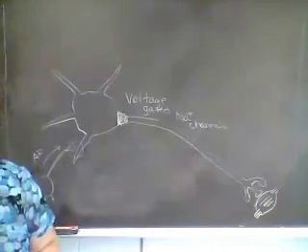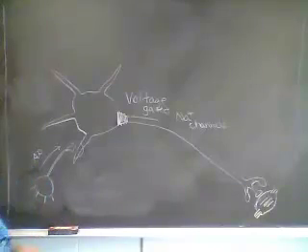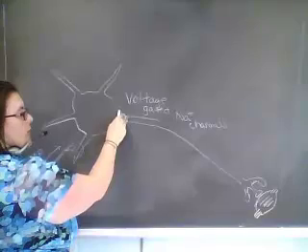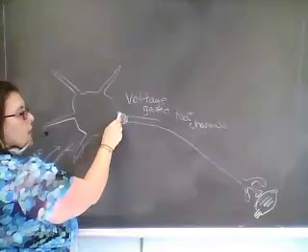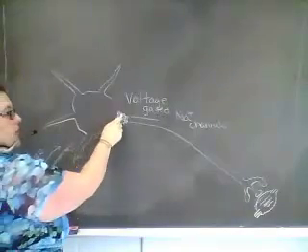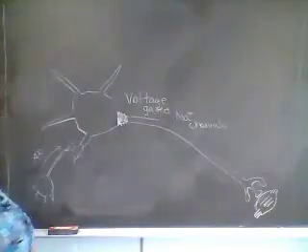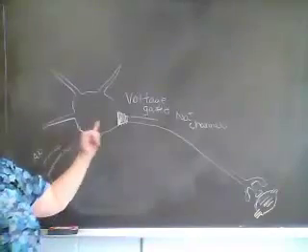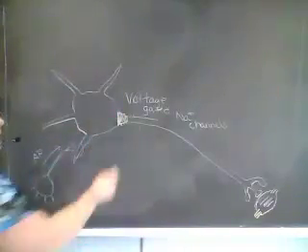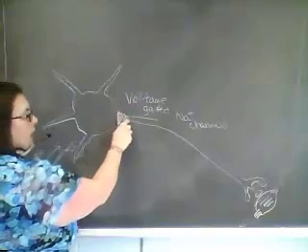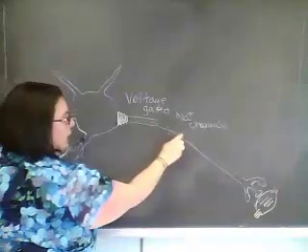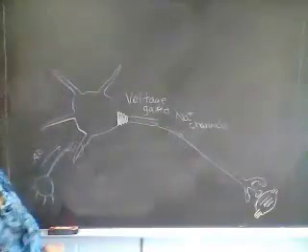very large depolarization. If you imagine the depolarization from one channel, it will lead to being above or super threshold for the next channel. That channel will have sodium rushing in. That sodium rushing in will lead to depolarization, opening the next channel, and so on and so forth. Once we have started an action potential here in the axon hillock, it will continue the length of the axon without